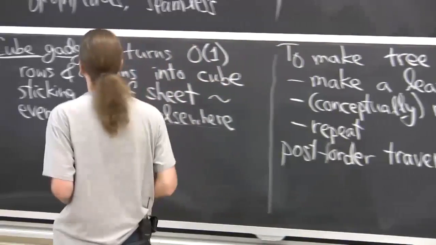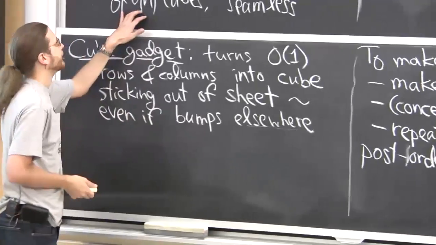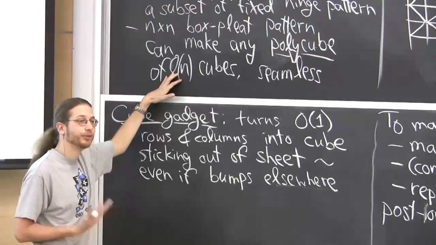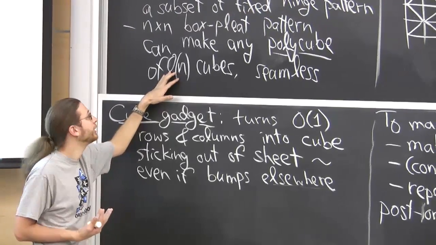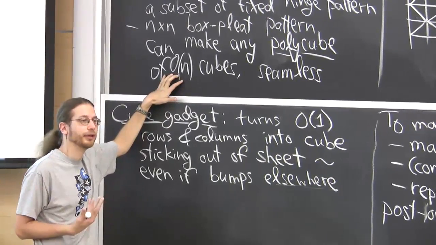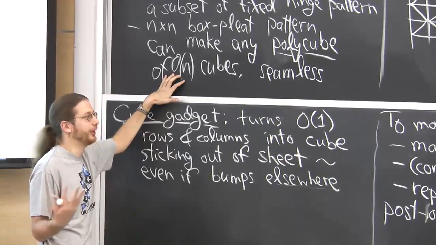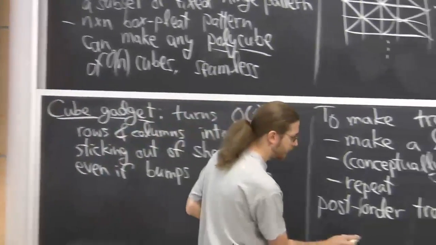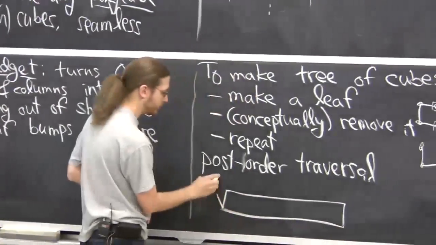Another fact, this is essentially optimal. So I'm using an n by n grid to make around n cubes. You might hope, in some cases you can do better. In some cases you can make n squared cubes out of an n by n grid. That's the best case. The worst case really is n cubes, because if you want to make a super long polycube,